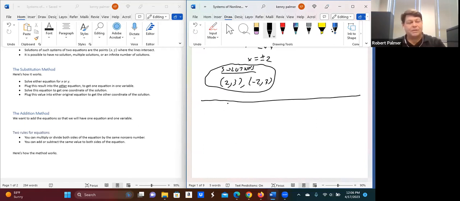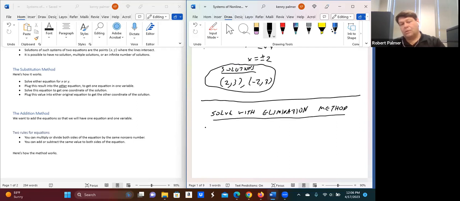All right, and this time, let's actually do an example with the addition or elimination method. So we solve using the elimination method, sometimes called the addition method. Let's take a look at this example. We'll call it number 2, doesn't matter. So we have 3x squared plus 4y equals 17. And 2x squared